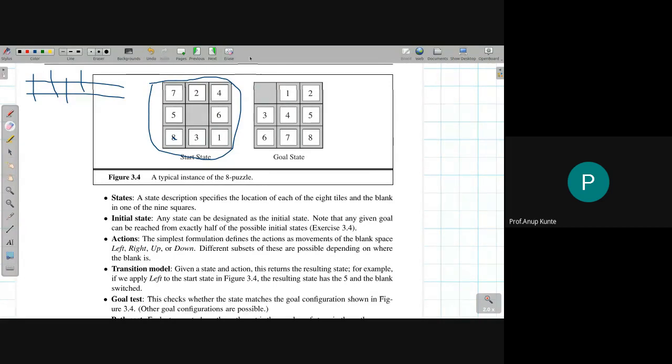Okay, figure 3.4, as they are saying, 5 and the blank is switched. अगर मैं 5 और blank को switch करता हूँ, तो नेक्स्ट स्टेट कौन सा जनरेट होगा? पहले तो मेरा ट्रांजिशन मॉडल ने बताना चाहिए कि this is a valid action, that is moving the space over here is a valid action. It should say that. Next thing, after doing this, what would be the resultant state I should be in? The resultant state I should be in is 724 space 56, and finally I should be in 831.